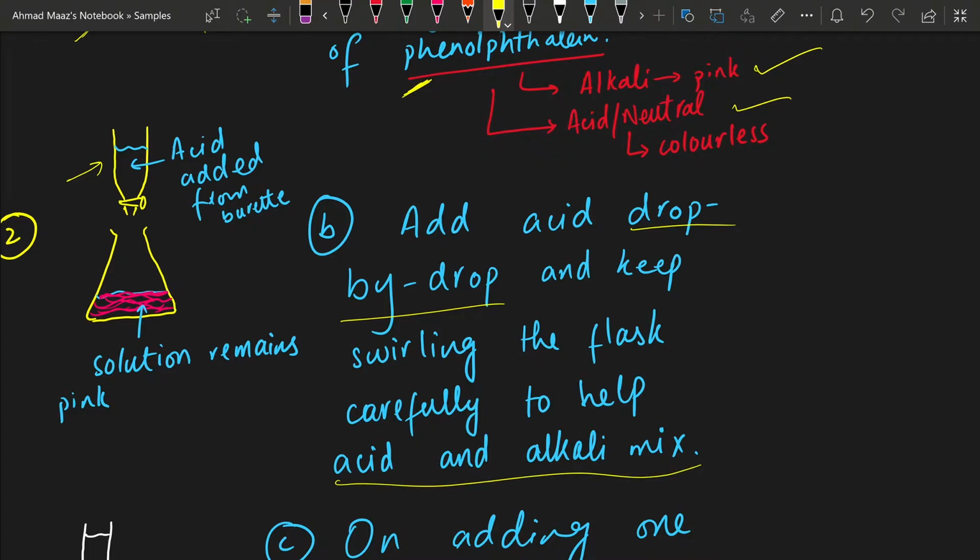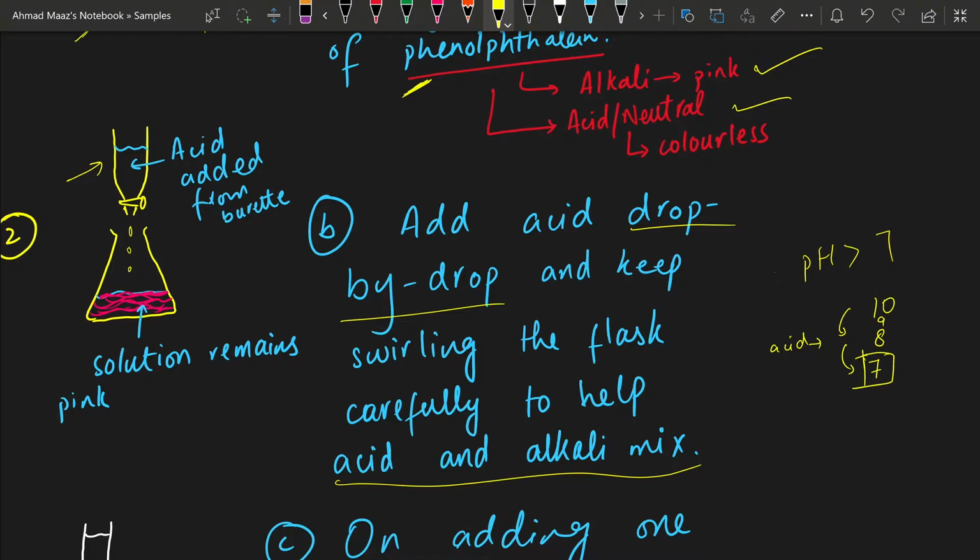So as acid is being added, the pH will start to fall. The pH is greater than 7, let's say the pH is 10, for example. As acid is being added, it will lower the pH. pH will come to 9, and then 8, and there will come a point when pH